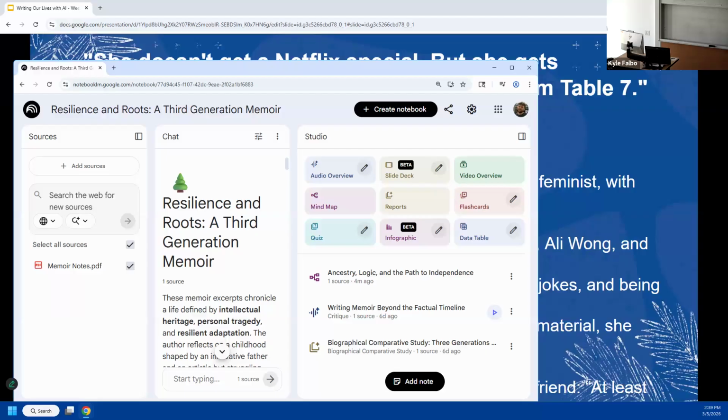I haven't gone into a lot of detail on some of this, but if I were building marketing materials, maybe I would want something like the slide deck or the infographic. And if I was doing what I heard today, some ancestral research, then maybe having a data table with date of birth and date of death would be useful as part of my research process. I can imagine that's a useful feature too. So if you're getting reports from ancestry.com or whatever you're using, you can feed in the data table.